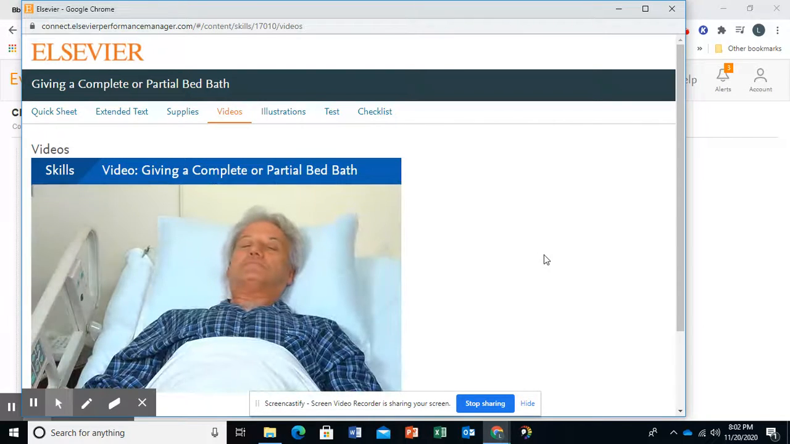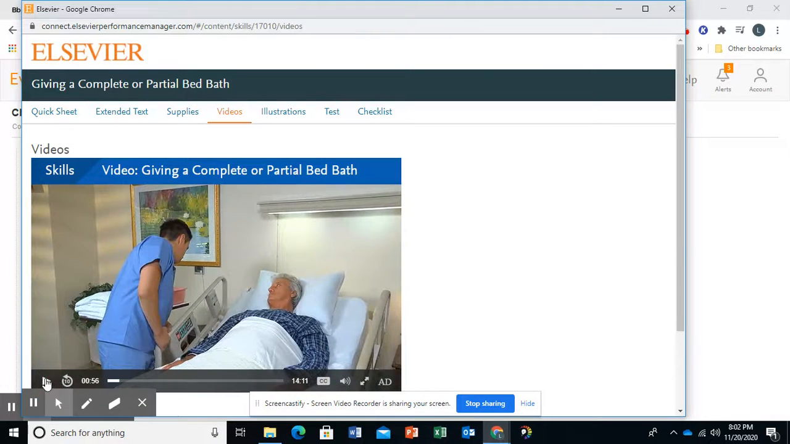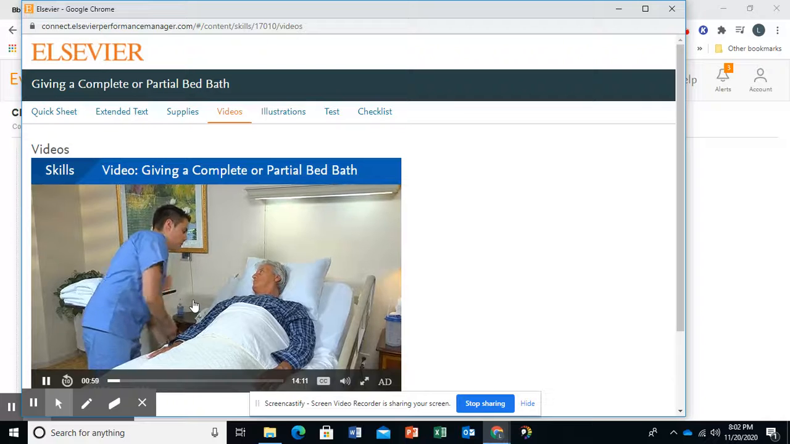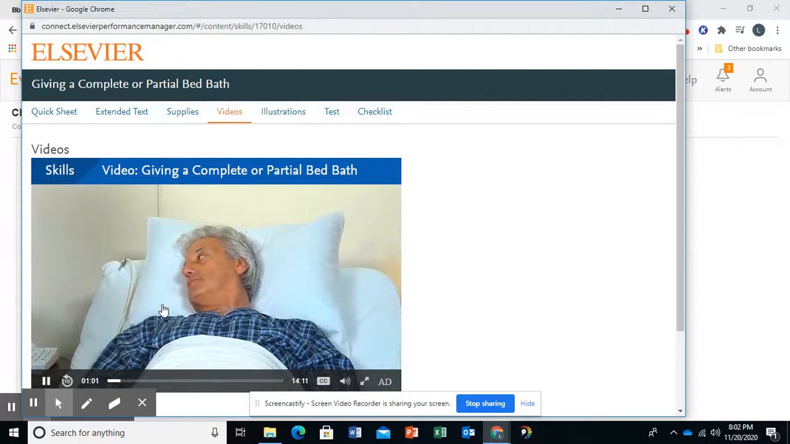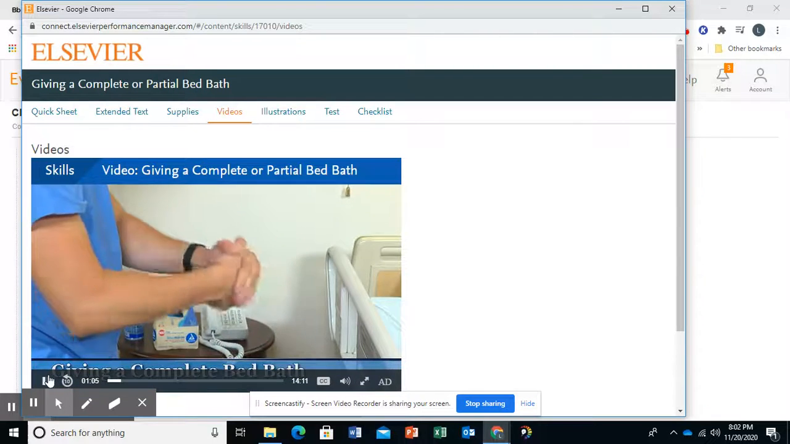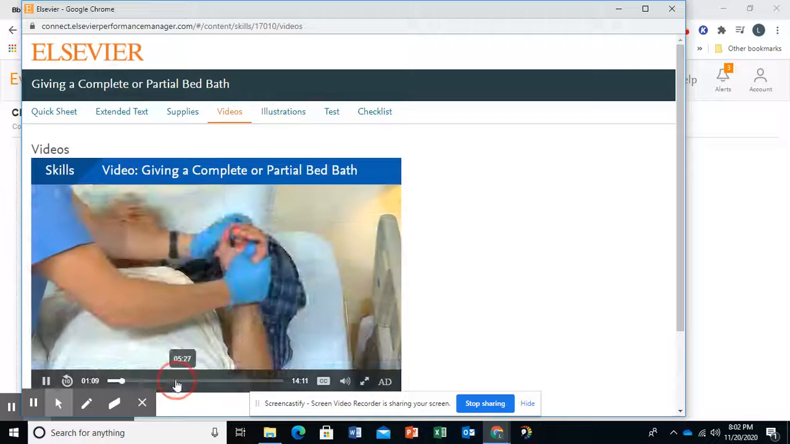All right, thank you. To give a person a complete or partial bed bath. So again, this is starting with the complete bed bath. So we're going to watch it for a little bit, but we're going to skip over to the partial bed bath. The items you will need should be arranged on a barrier on the overbed table. For a complete bed bath, practice hand hygiene and put on gloves. We're going to skip over. After covering the person with a bath blanket,